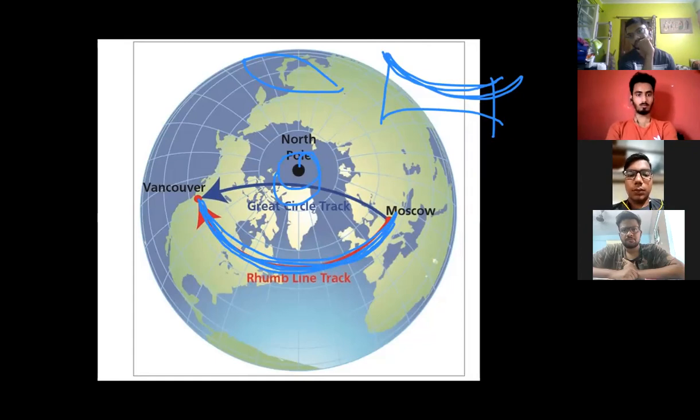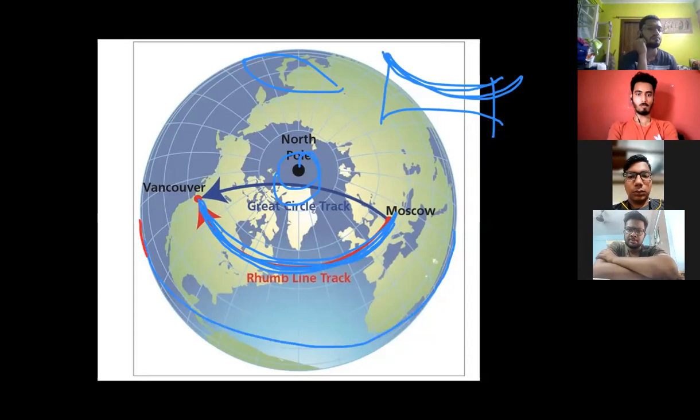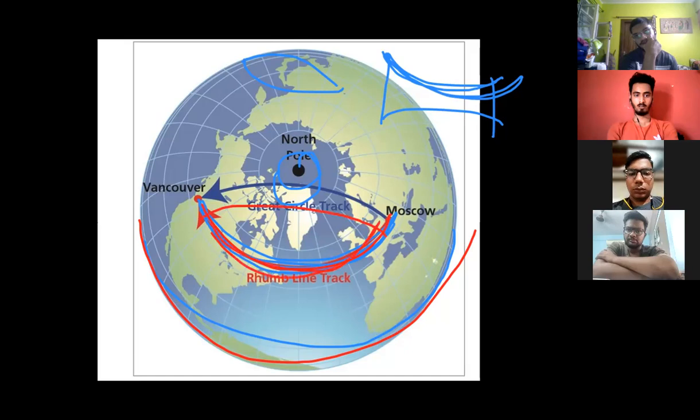It's curved concave to the pole, but convex to the equator. Equator is right here. This will be your equator, right? So it is curved convex to the equator, but concave to the pole. Obviously, if I just draw an imaginary line like this, it is convex. But the line above, the upper line you saw, is facing like this to the pole. So curve concave to the pole and curve convex to the equator.